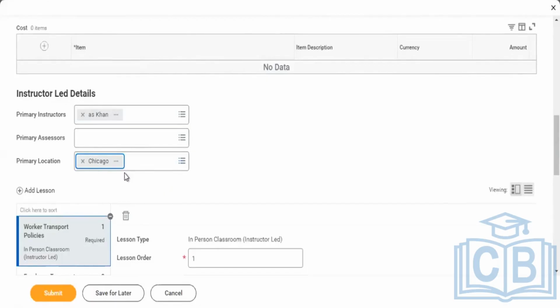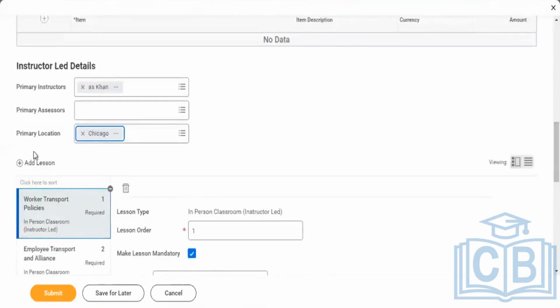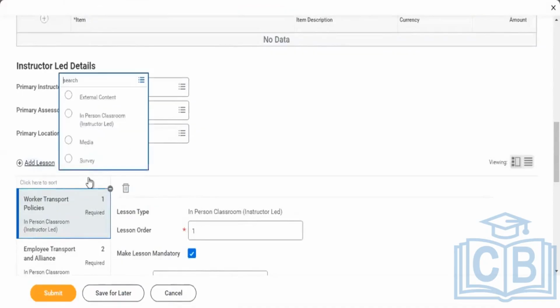The location, since it's a different country, is different. Location is where you'll be attending this in-person training. It means training rooms. We'll add one more classroom. I can take in person for this.